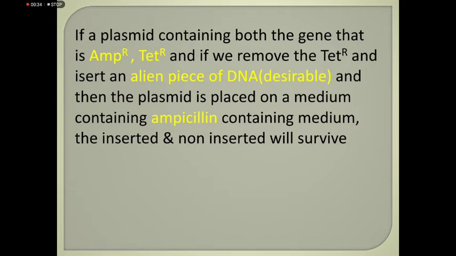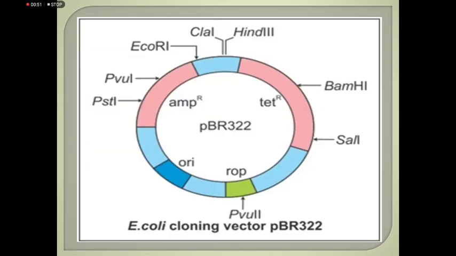We must use the same restriction endonuclease for removing this tetracycline resistance gene and also for removing the alien piece of DNA from the host. That means the tetracycline gene in the red colored portion on the right side can be removed and an alien piece inserted. This plasmid is incorporated with a new gene,